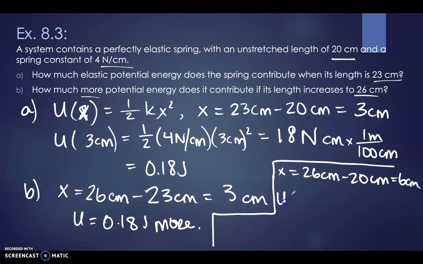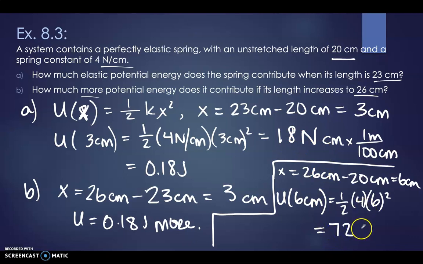And so our U of 6 centimeters would be equal to 1/2 times 4 times 6 squared. That would give us 72, and again that's in newton centimeters. If we apply this conversion, we'd have 0.72